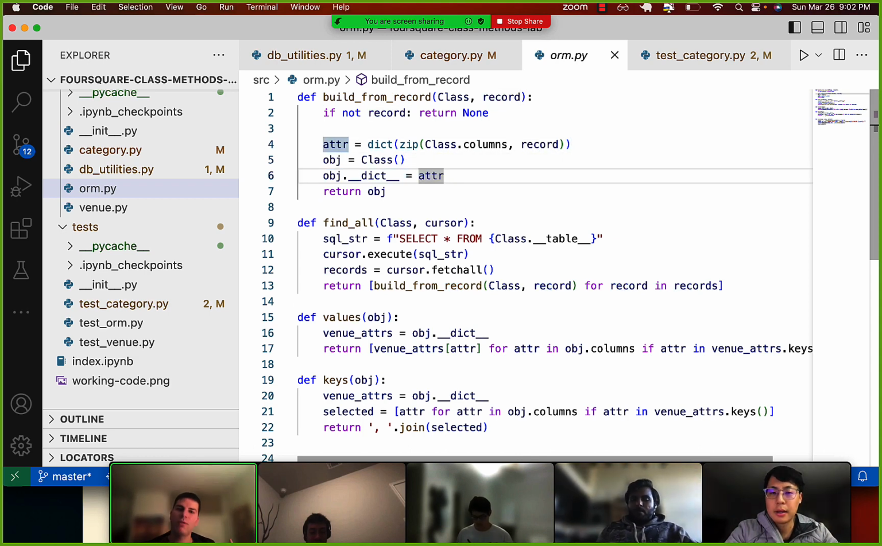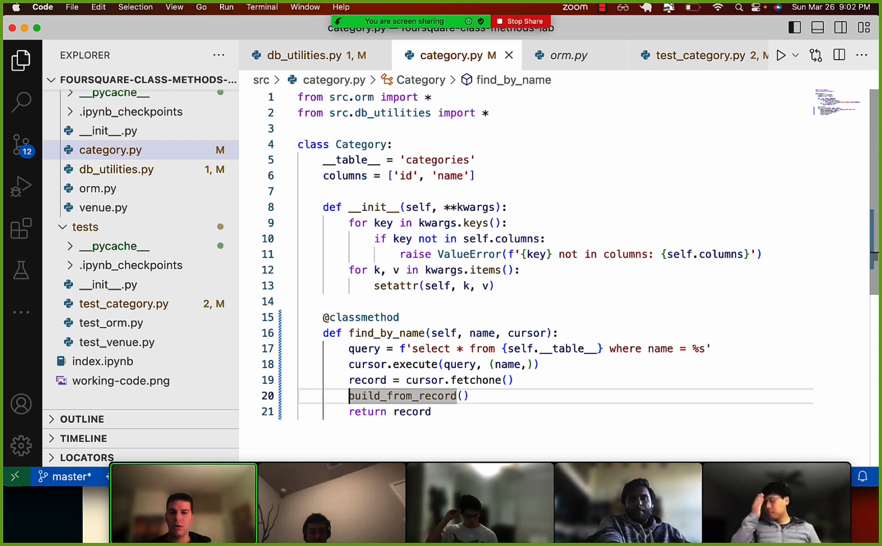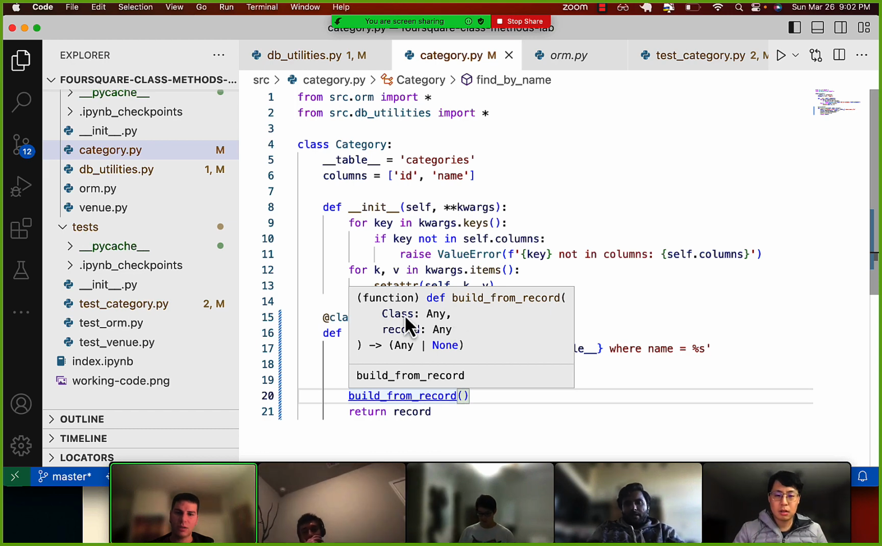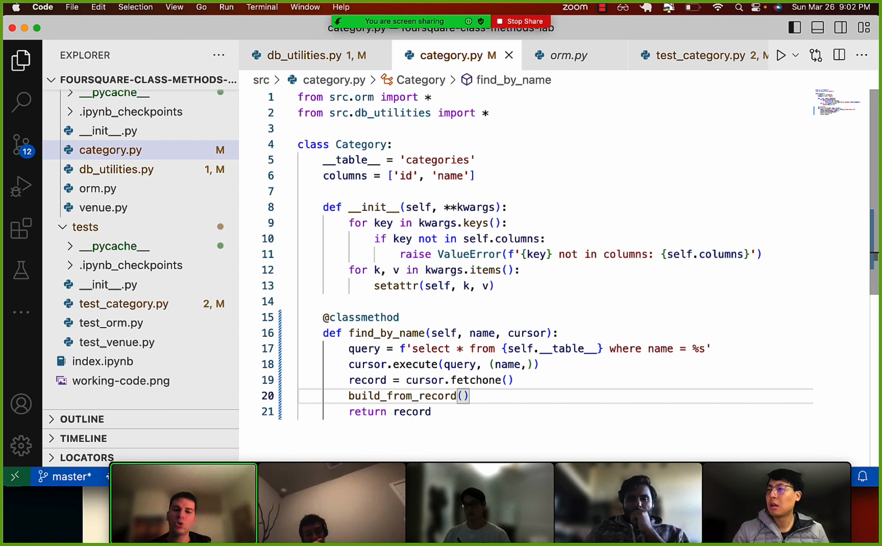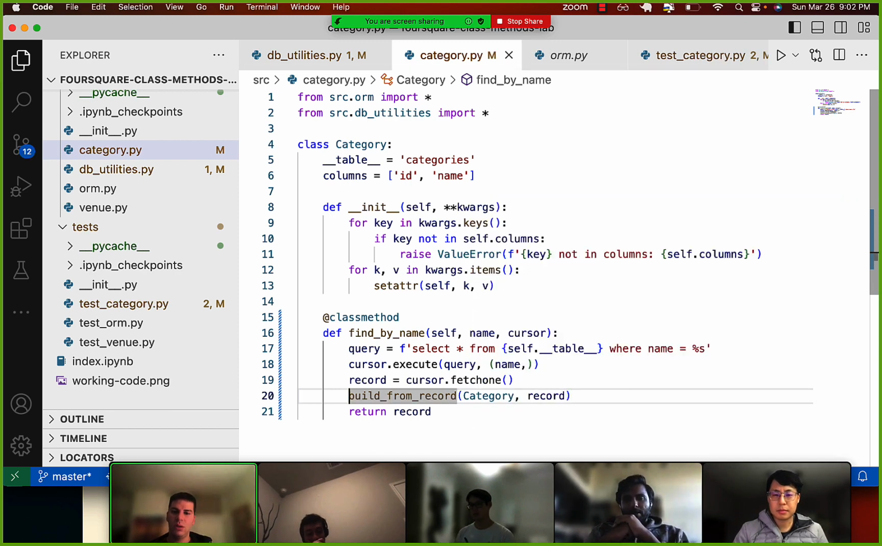And by the way, if you want to know how, we can use this. So let's just use this from now. Build from record. I'll just highlight over it to make sure I'm passing through the right argument. So it takes a class followed by the record. So I have my choice. I can pass through category here and then the record and call that my category,